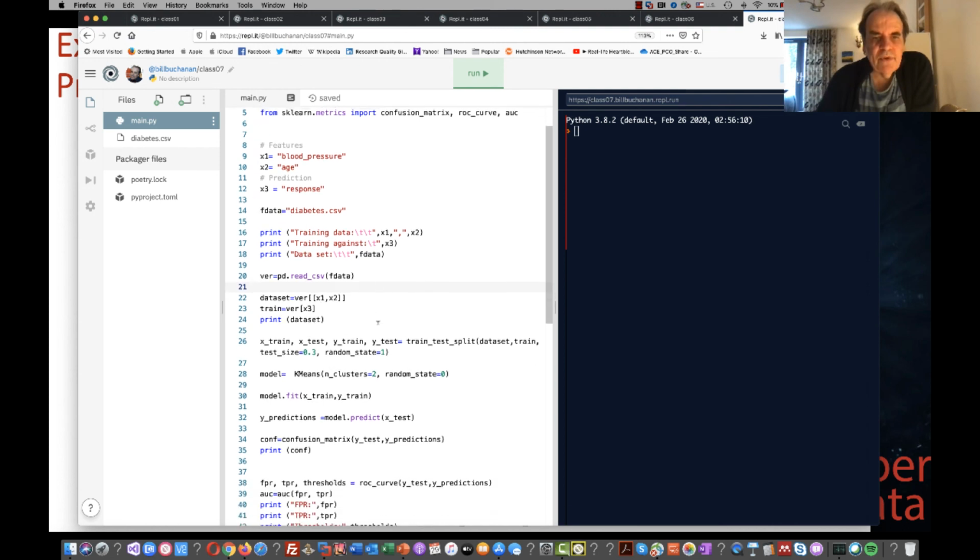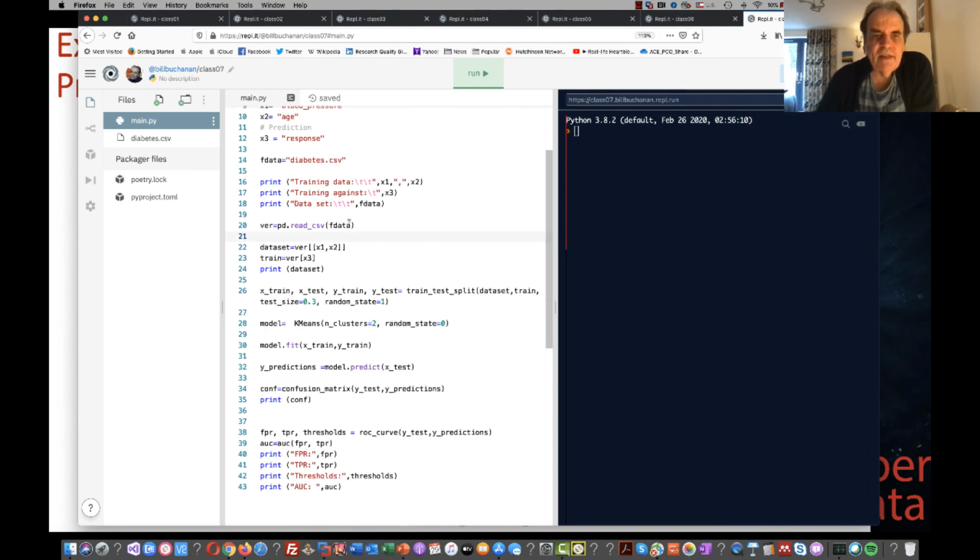Okay, so same again, we take our data sets, we build it with blood pressure and age, and we're going to see if we can predict for diabetes. So we take our training data, 70% there, because our test data is 30%, and then this is now 30% of the data for our test data. We'll run k-means with two clusters to be able to cluster with diabetes, without, and fit a model.